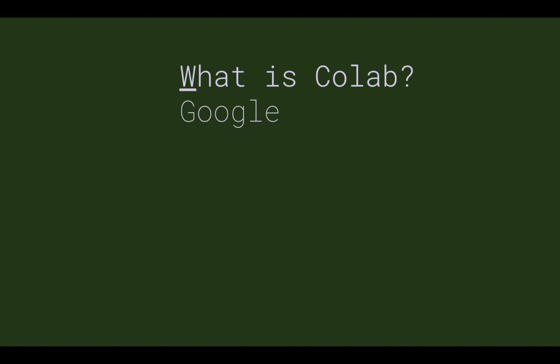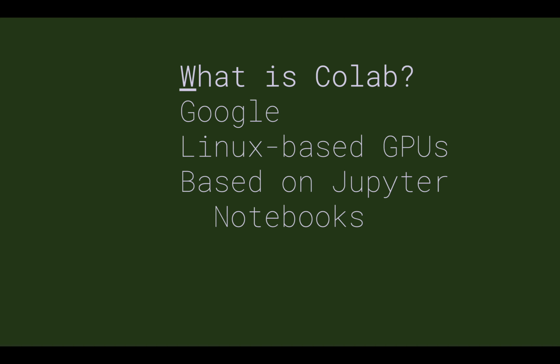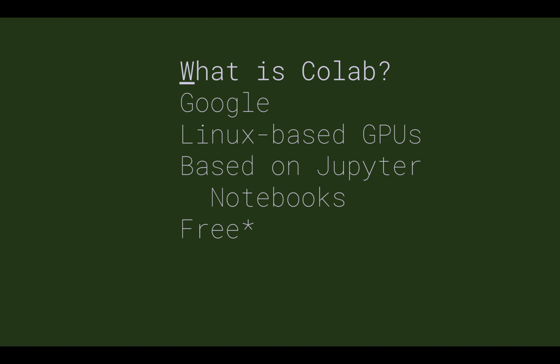So what exactly is Colab? Colab is this tool from Google that allows you to use essentially their GPUs, and we'll talk a little bit more about GPUs as we get into them, but essentially allows you to run some pretty high-powered computers for a fairly low cost. I'm not going to say it's cheap, but it's fairly low cost. They're based on what's called Jupyter Notebooks, and Jupyter Notebooks have been around for probably a decade now. They're pretty big in the data science community, and they've slowly made their way into the machine learning community. Obviously, not everything we're going to do today is machine learning based, but for this particular class, stuff like this is going to be really helpful because I'll be able to add notes and other things to it.